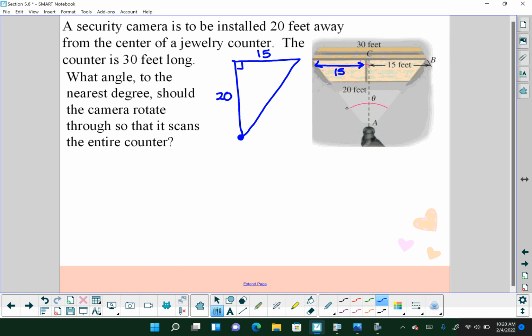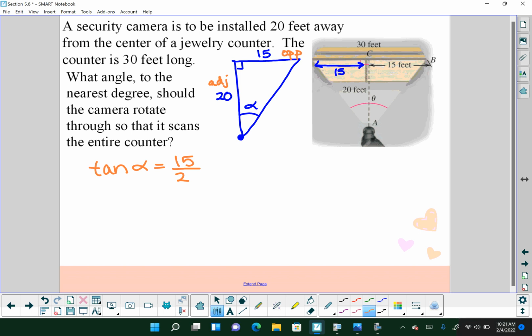And theta, what we're solving for, is the full angle that the camera rotates. That would be through both triangles. So we're going to first solve for the angle in one triangle. It's not theta, it's actually going to be half of theta, so I'll just give it another name. I'll call it alpha. You can call it really whatever you want there. All right, so now we need to figure out how alpha is related to our sides. Well, 15 is an opposite side, 20 is an adjacent side. If I have opposite and adjacent, we know that's tangent. Tangent, our angle goes next to it,